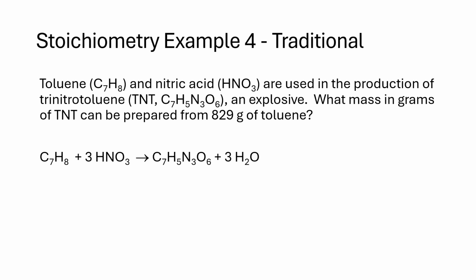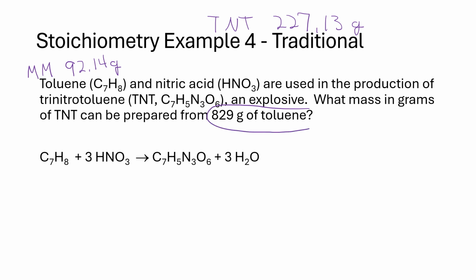To save a little bit of time, I'm just going to go ahead and give you the molar masses. The molar mass of toluene is 92.14 grams. And the molar mass of TNT is going to be 227.13 grams. All right. In our traditional approach, we're going to take the given number, unit, and chemical,